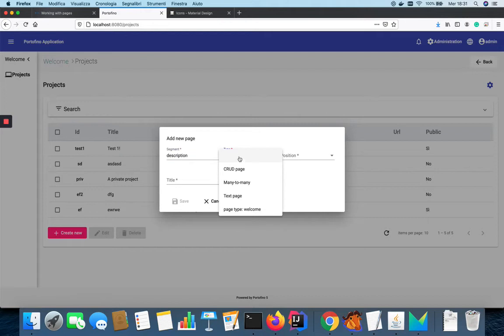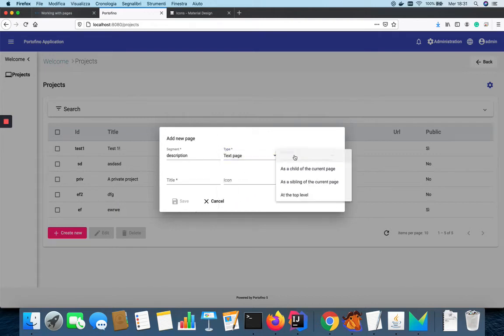Here we can choose the type of the page. We want a description, so we'll be providing a simple text page. Position, where do we want to put this new page? As a child of the current page in projects, as a sibling of the current page,